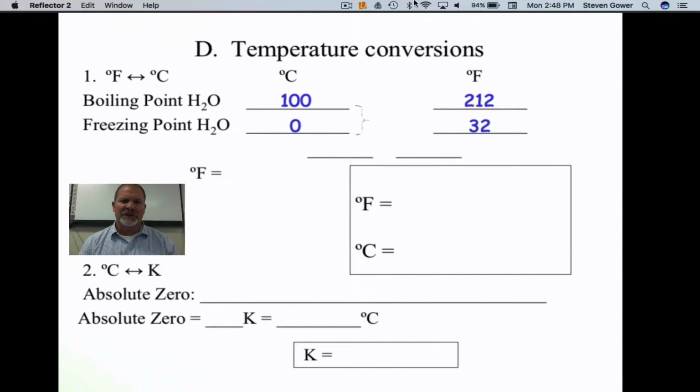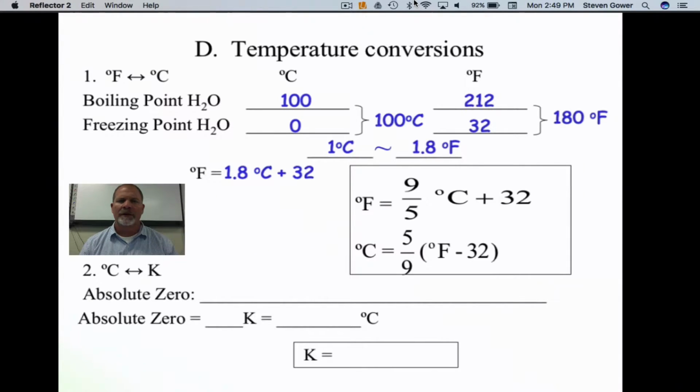We talk about making changes from Celsius to Fahrenheit, and when we looked at temperature for Fahrenheit and Celsius, we saw the difference between them, freezing point and boiling point, was approximately for every 1 degree Celsius change in Celsius, there's about 1.8 degrees Fahrenheit change. And so we could change it from Celsius to Fahrenheit, just multiply by 1.8 and add 32. They've taken the 1.8 though and put it into an improper fraction and a regular fraction, so it's 9/5 or